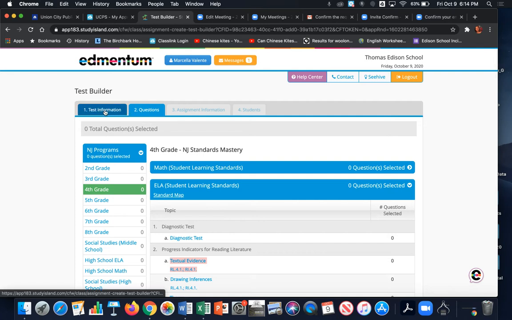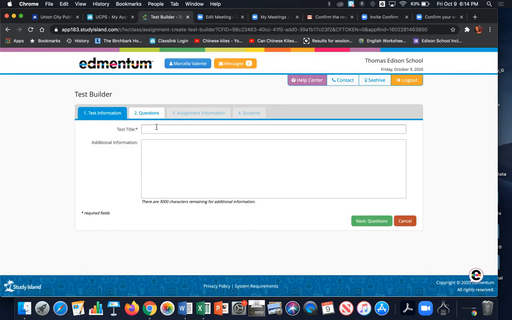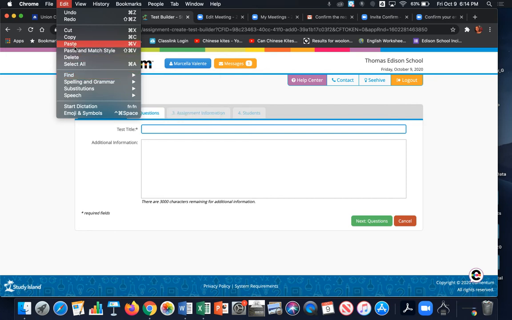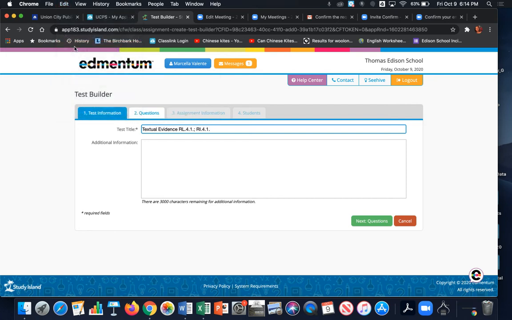Scrolling back up, I'm going to go back to my first tab, click in test title and do an edit paste. Of course, you can do that from your keyboard shortcuts, Command C, Command V. Right, so now I have my title because I know this is exactly where I'm going to be pulling my